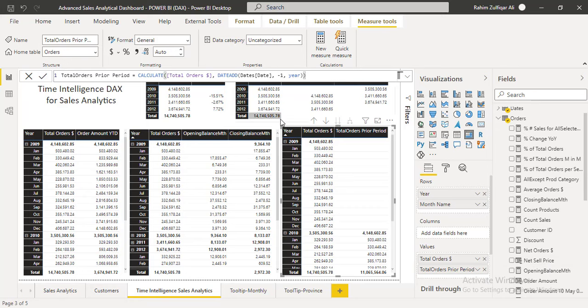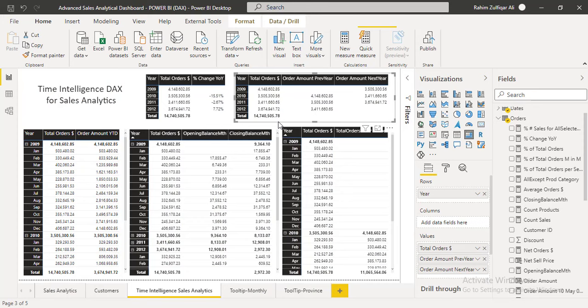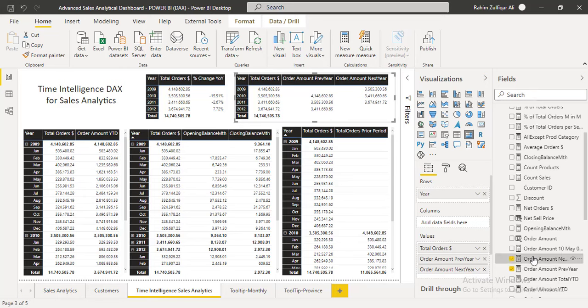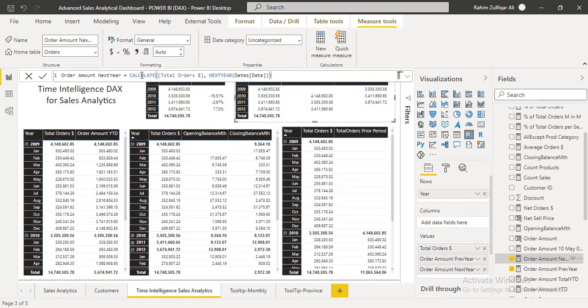Next table, now we have the fourth table on the top right side. Let's understand that table as well. So this is showing us total orders, order amount from the previous year and order amount from the next year, right? So if I go to that explicit measure, order amount for the next year, so here I have used the calculate DAX, right? Then in the explicit measure in the expression argument, and then the next year we have already next year DAX available, and it is calling from the calendar table, which is dates, right?